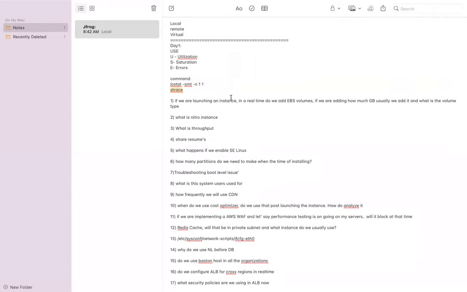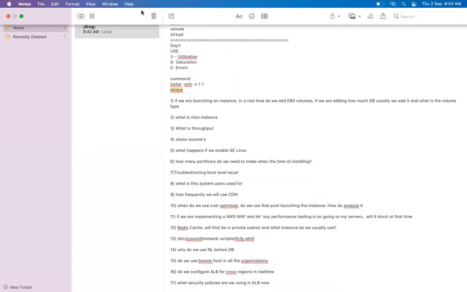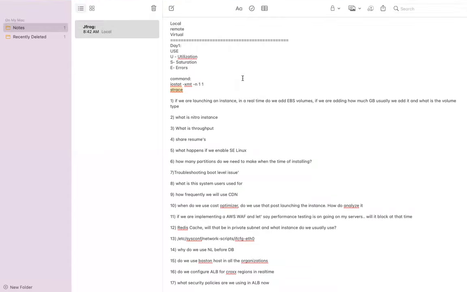strace is the command, let us say, if you need to track down what the particular components are. strace is the particular command which we use in order to track how a process is working. For example, if you need to check the system libraries which are being called in order to run a process, you can track that with the help of the strace command.